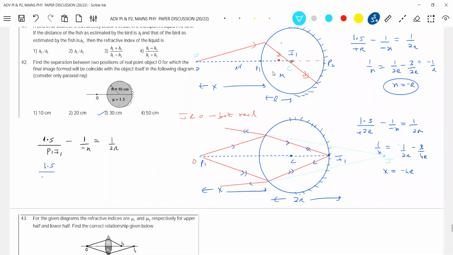Okay, yeah, fine. The final image will not be here. Here both will be real, but in this case not possible. This will be virtual. Okay, I think then the question will be not possible, no? So no question of merging at the same point, both. If I keep the object at the pole itself, not possible.